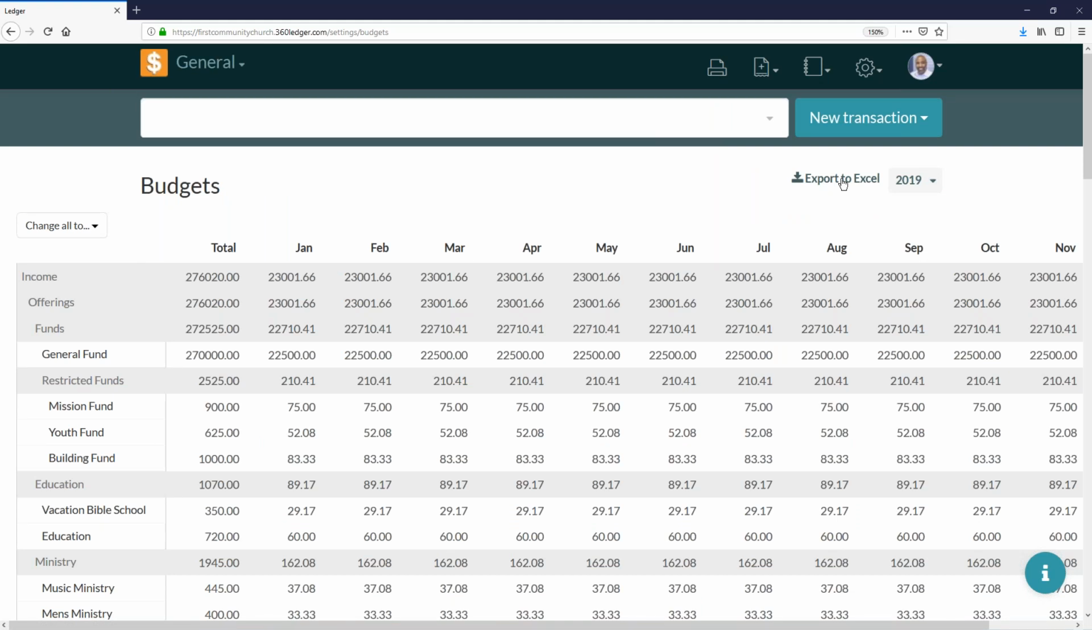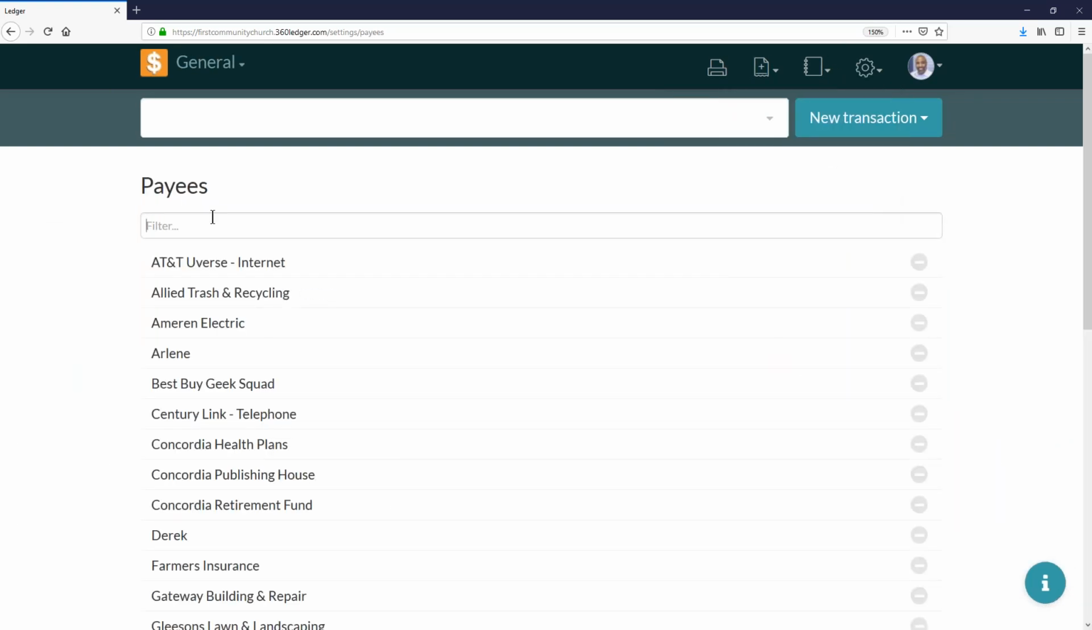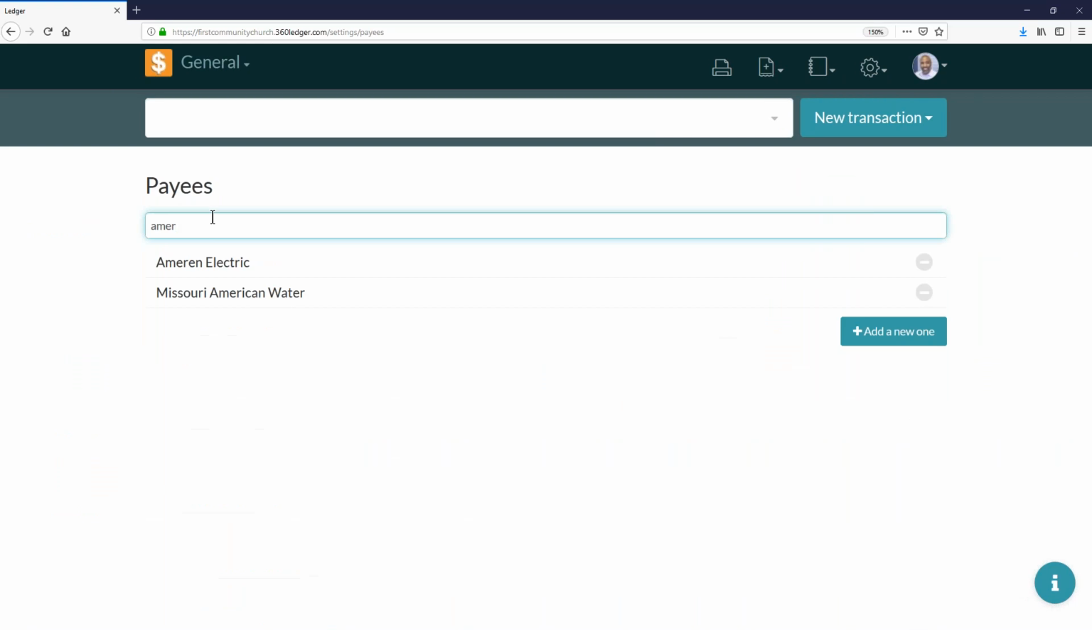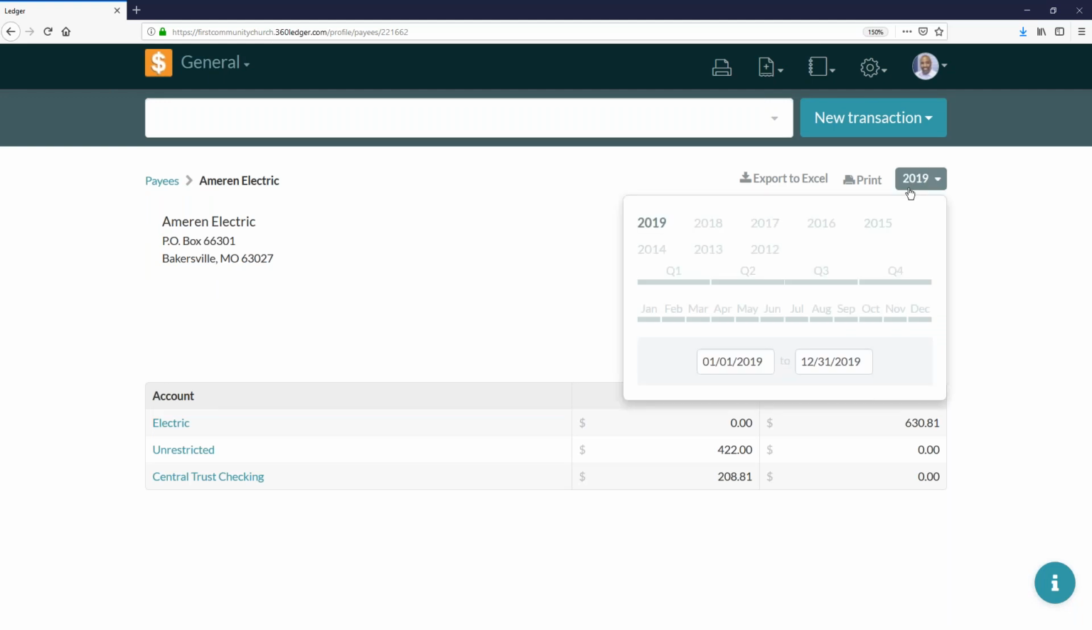There's also the payees view, and with payees, you can filter here at the top. You can go to history, and the history link allows you to see each line item that paid out to this payee throughout the year. So you can set a date range,